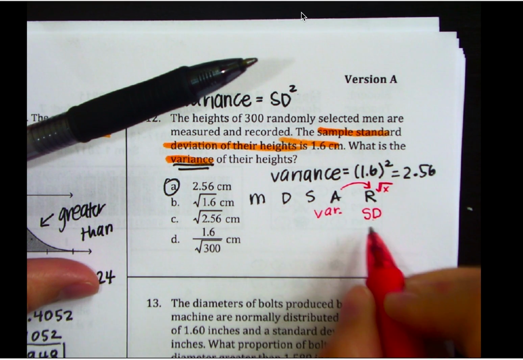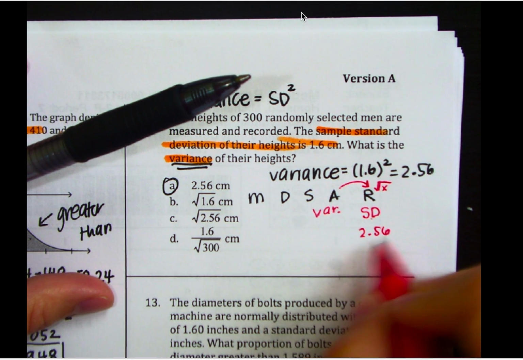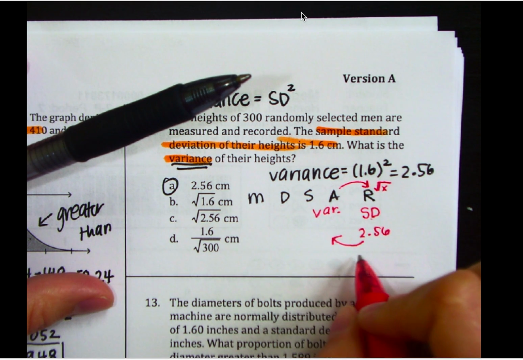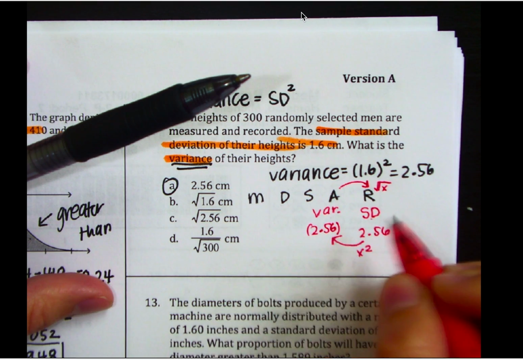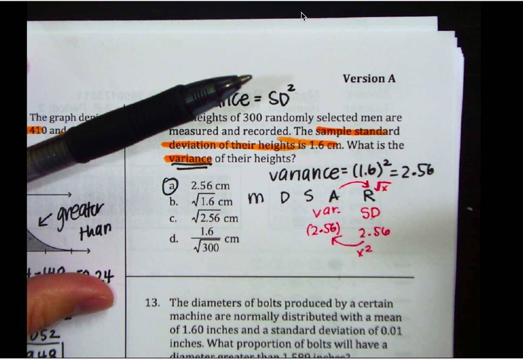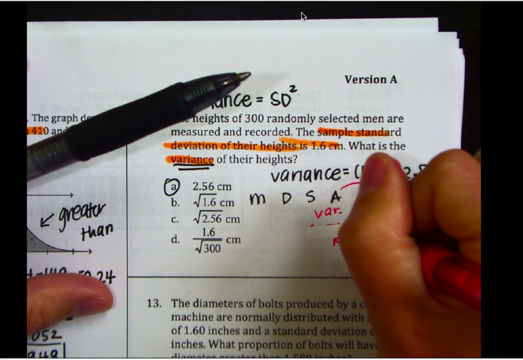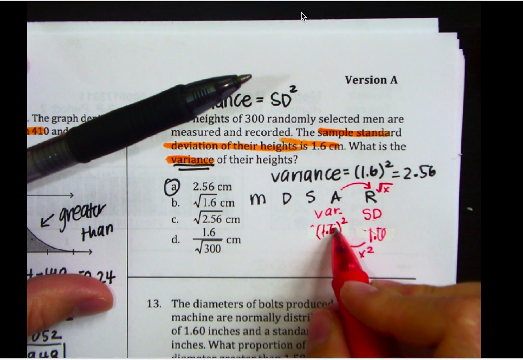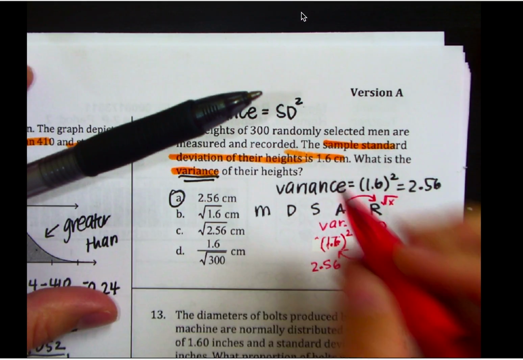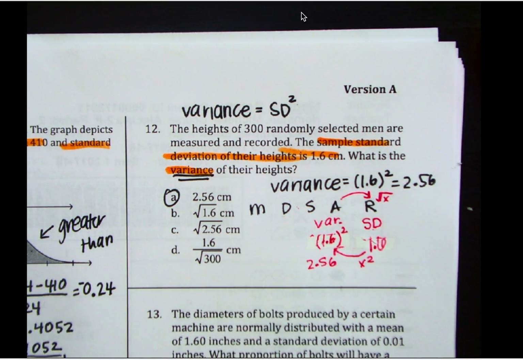So in this case, where they give us the standard deviation, and they want us to go backwards to variance, we now are going to do the inverse of square root. We're going to square the value. So not 2.56, 1.6. Sorry guys, I'm making mistakes. They told us the standard deviation was 1.6. So to go backwards to the variance, we just square 1.6. Okay, so you get 2.56. But I think for us just memorizing this, that variance is standard deviation squared, is going to help us be